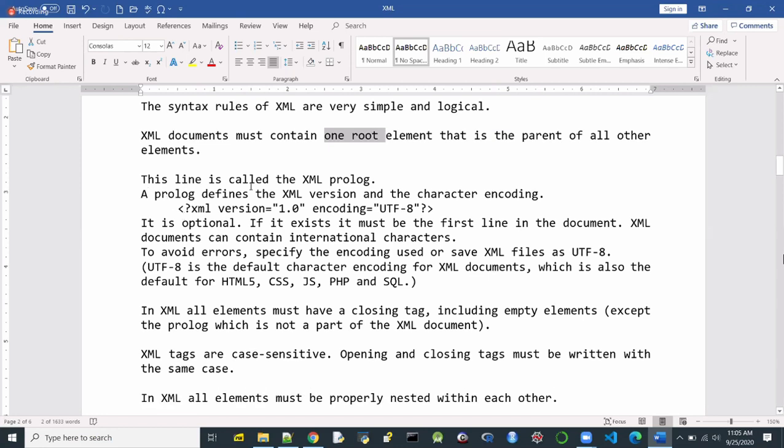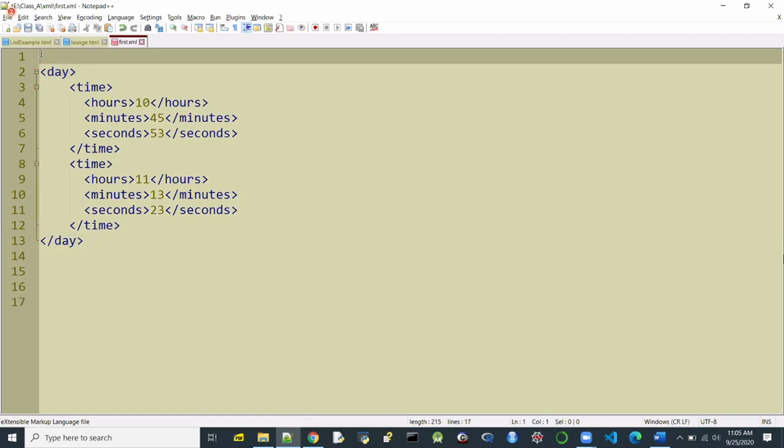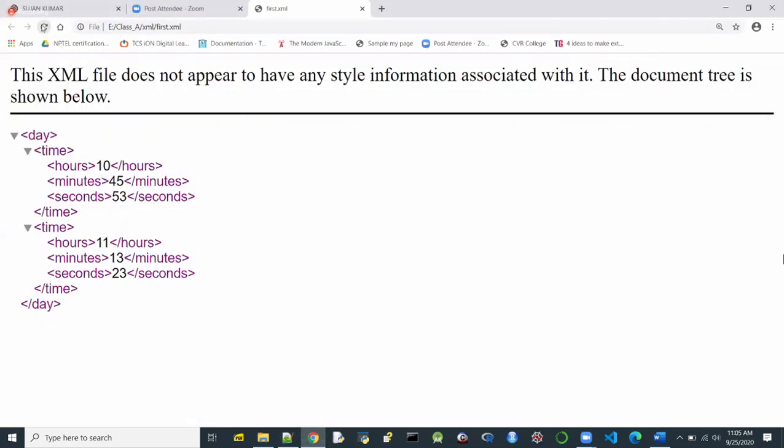And at the top of the XML document, we can use something called XML Prolog, which provides the version of XML we are using. For the last 20 years, the version is 1.0 only. And what type of encoding we are using. Of course, UTF-8 is the common encoding for many programming languages and softwares and hardware these days. But still, if you want, you can just take this Prolog and put it at the top of your document. Of course, it doesn't make any difference to you. Okay.